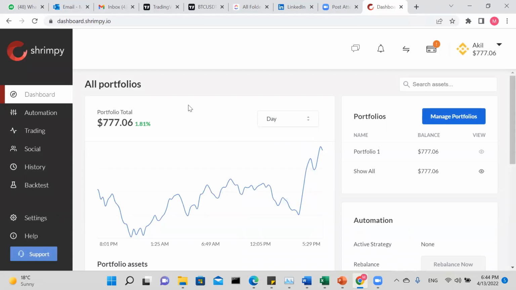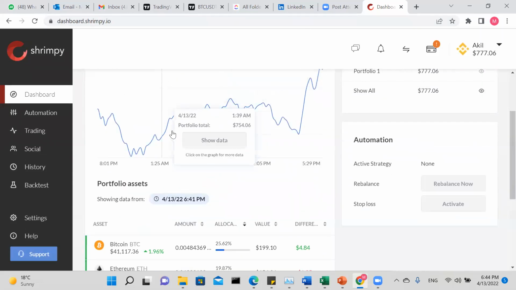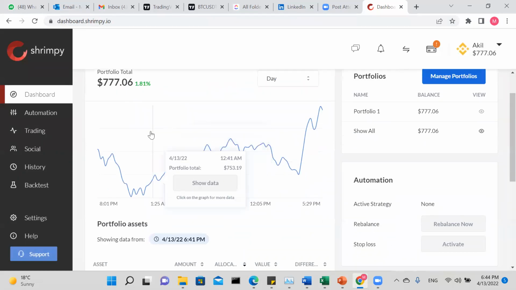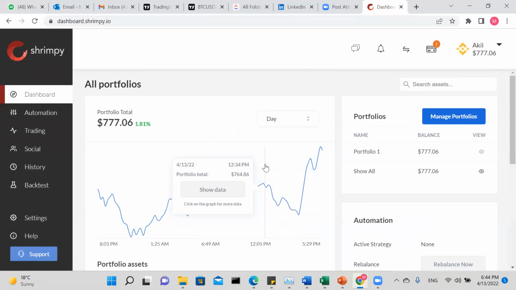After doing that, you will have this screen over here, which is your dashboard. Okay, so your dashboard basically shows you your portfolio